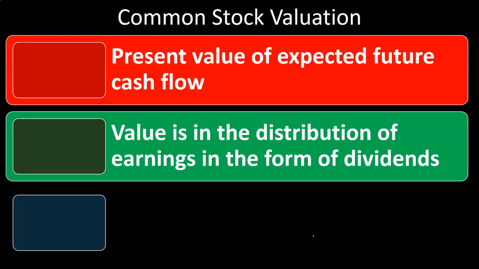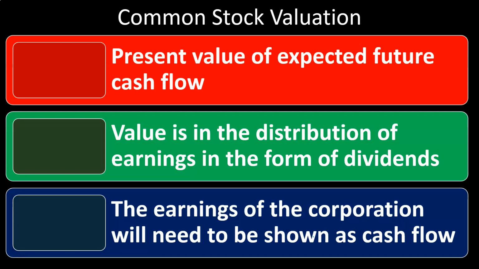Then the question is, how do we do that practically in terms of calculations? The earnings of the corporation will need to be shown as cash flows. That's going to be the bottom line of this. The earnings of the corporation are the things that the owners have access to at some point. Notice that if it was not incorporated and you had a sole proprietorship or a partnership, then as a sole proprietor I can take those earnings out at any time. They're available to me.